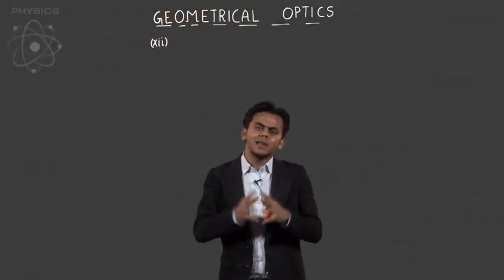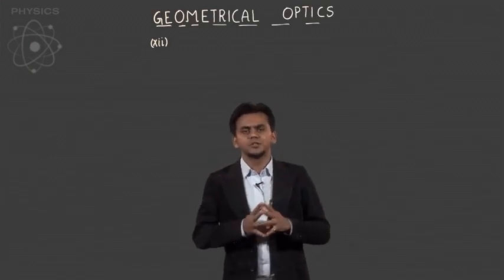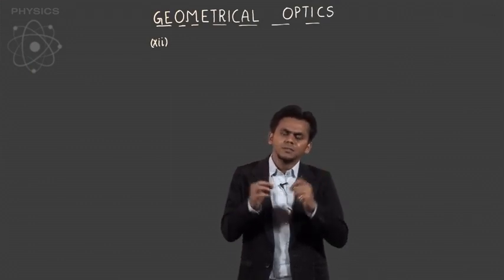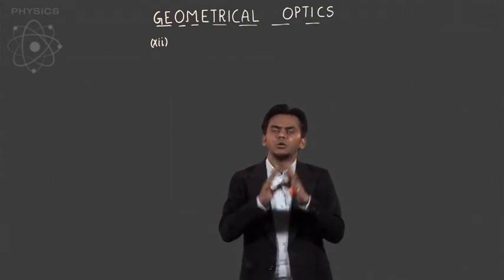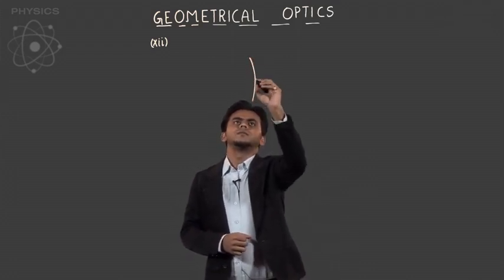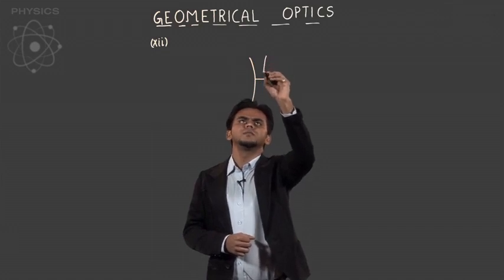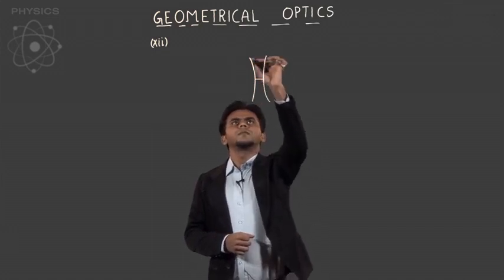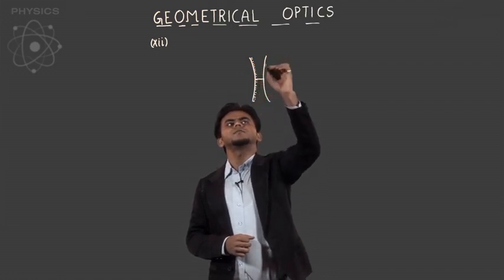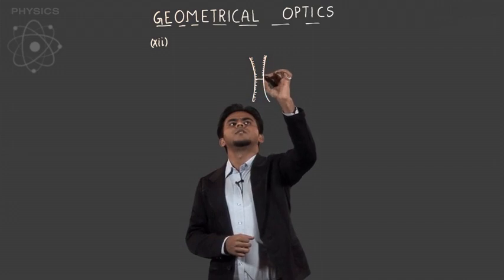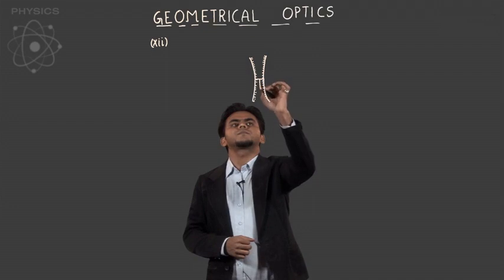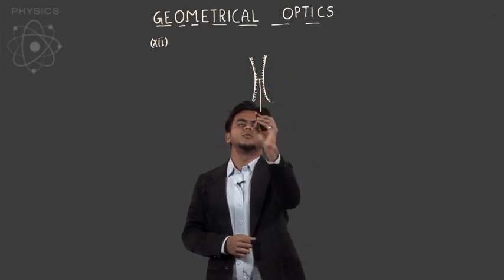Now let's look at the last and the most interesting of the illustrations of this chapter. What we have over here is a system of two concave mirrors mounted like this. The mass of this system is m. The dash is for denoting that these are the reflecting surface, so they have to be silvered or polished. It is mounted like this,